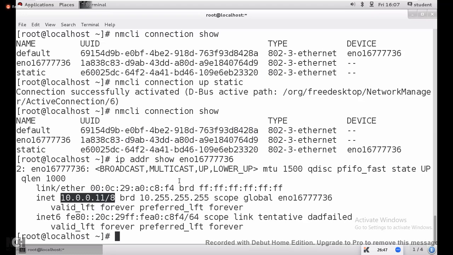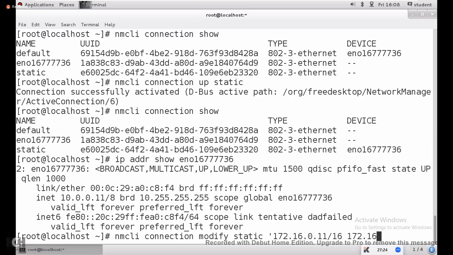How to modify? nmcli connection modify static, got it, guys? nmcli connection modify static, open single quote, 172.16.0.11/16, 172.16.0.1. Simple,